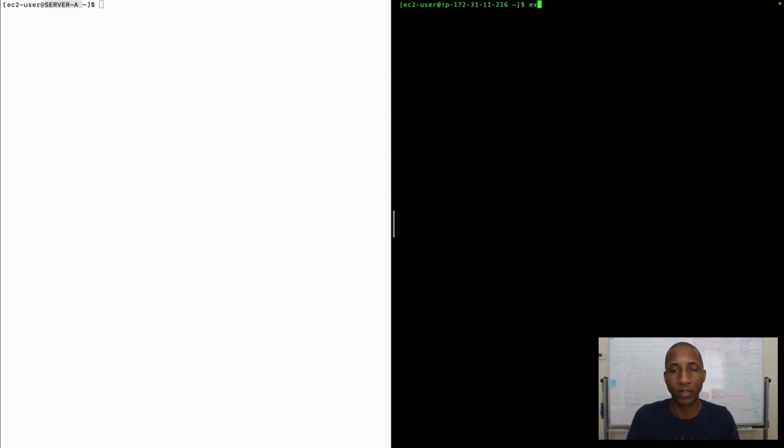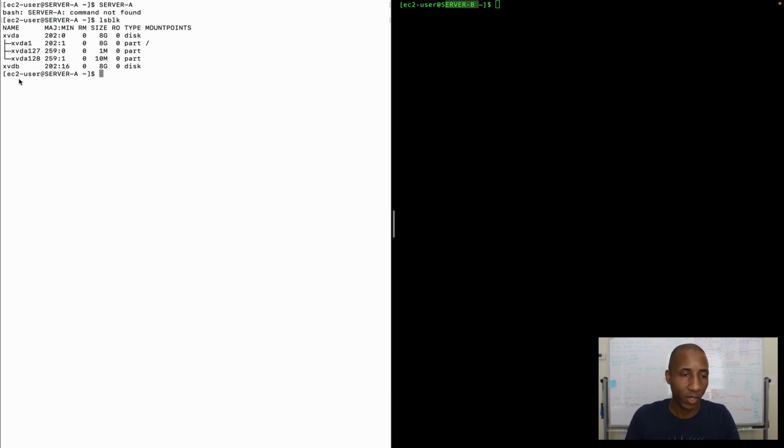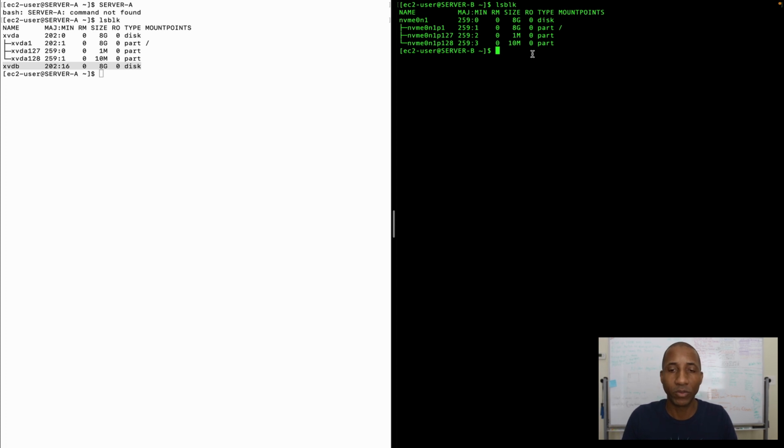All right, exec bash. And that way we can just see right here that we're on server B and here we're on server A. So on server A, we do an lsblk and we see it has an xvdb. That's that extra disk there. On server B, if we do an lsblk, we don't see that extra disk there because it only has the